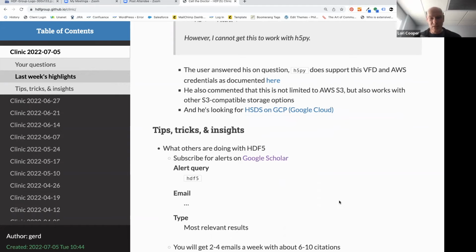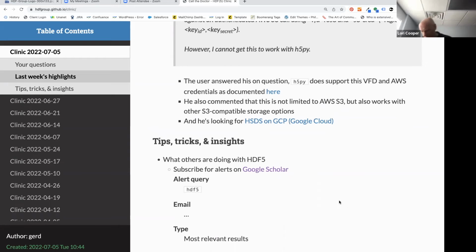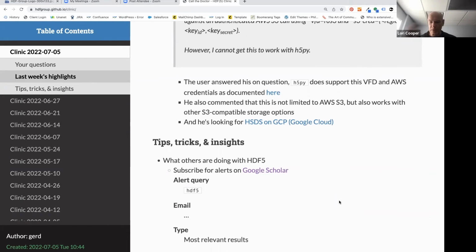but something that I draw a lot of inspiration from. Since we are fortunate that HDF5, and also HDF4, is widely used, people do lots of cool things. You find out about that at conferences, in publications and whatnot, but how do you really keep track of these things? What I found very helpful to get an idea of the diversity, breadth, and depth of what people are doing with HDF5